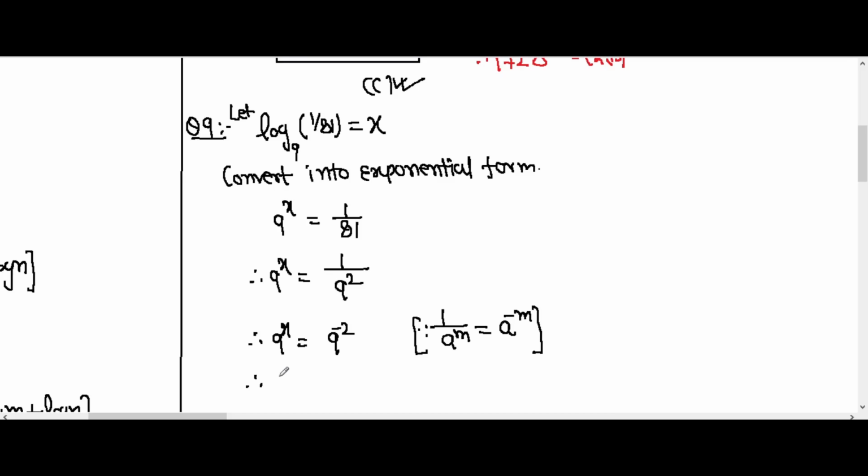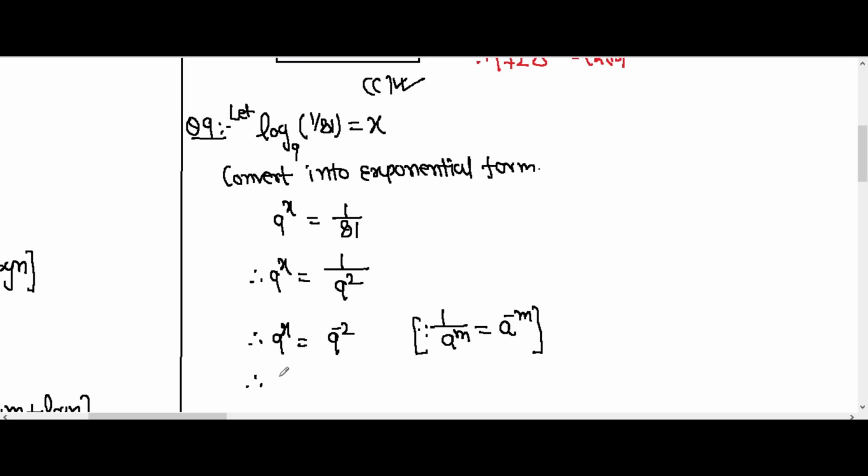Since 0.0625 is equal to 0.5 whole raised to 4, but 0.5 is also written as 1/2, so 1/2 raised to 4. Now pay attention, what we did: 0.5 is replaced by 1/2, that we considered. Next, 2 raised to x and 1/2 is also written as 2 raised to -1 whole raised to 4. So 1/a is written as a raised to -1 by indices.